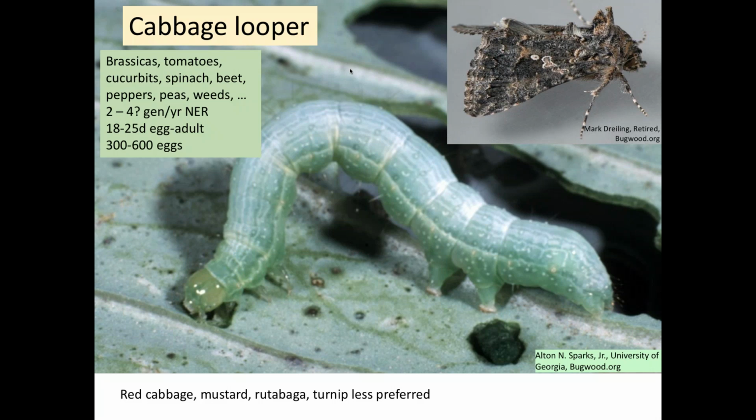It tends to appear around the middle part of July, and most years sometimes later. In some years it'll be very mild, or we'll see very little bit. Other years there's tremendous amounts of it. It varies quite a bit from year to year. We can probably have maybe 2, maybe possibly 4 generations a year, and I should also qualify, a lot of